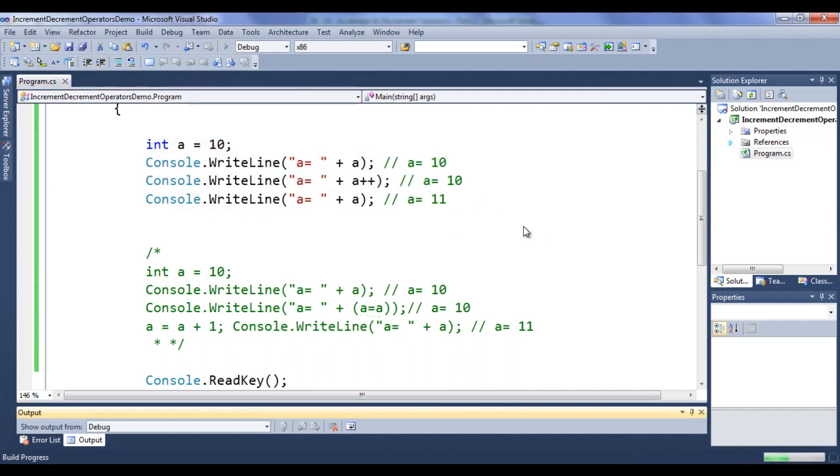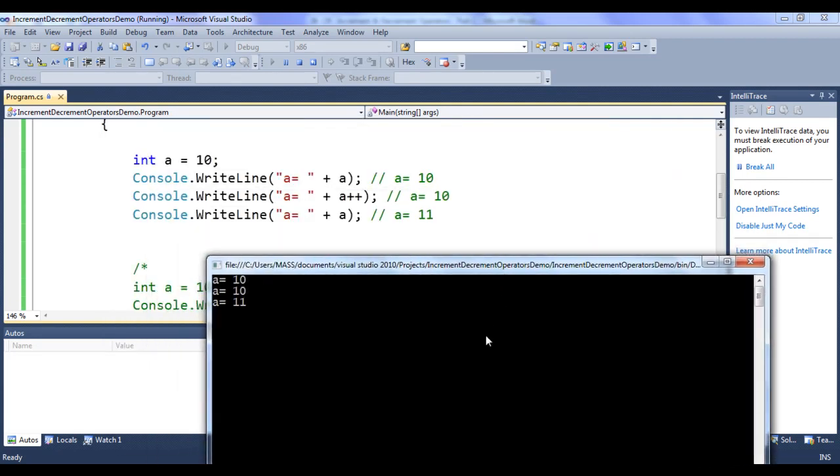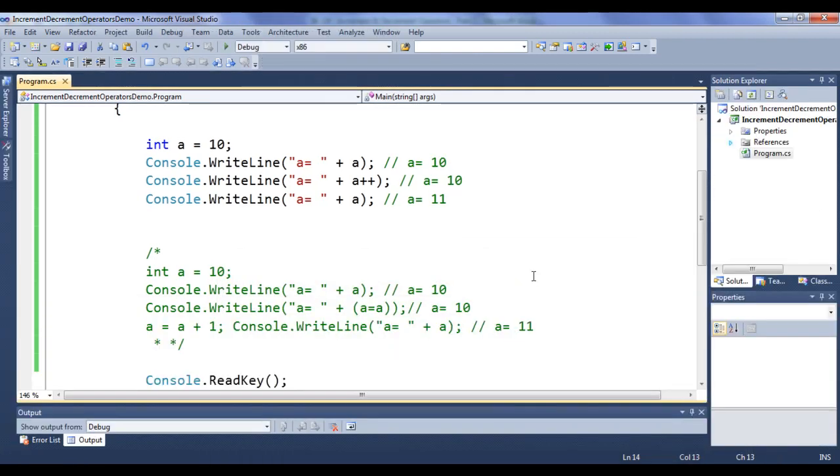If I say start debugging, you can see that we got a = 10, a = 10, a = 11 displayed. That means we understood the code correctly, guys. I hit enter to close the console window. So remember, this code is implicitly expanded to this code and then executed, guys. I hope you guys have clearly understood.